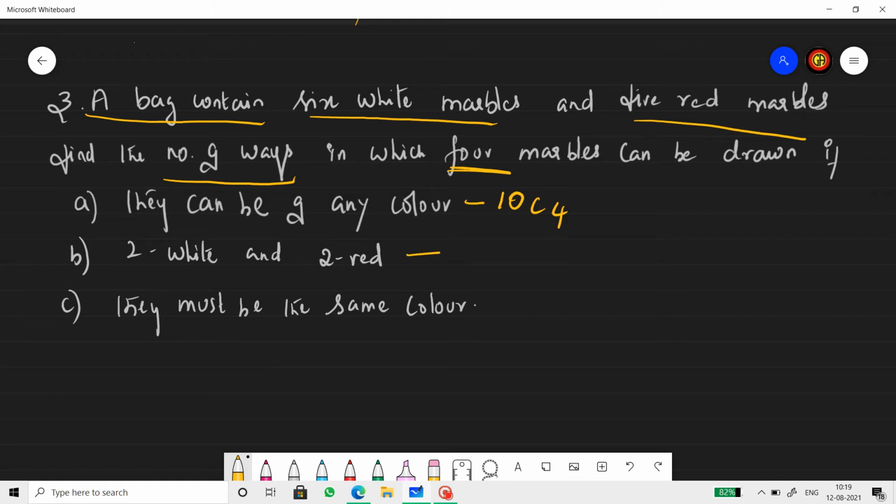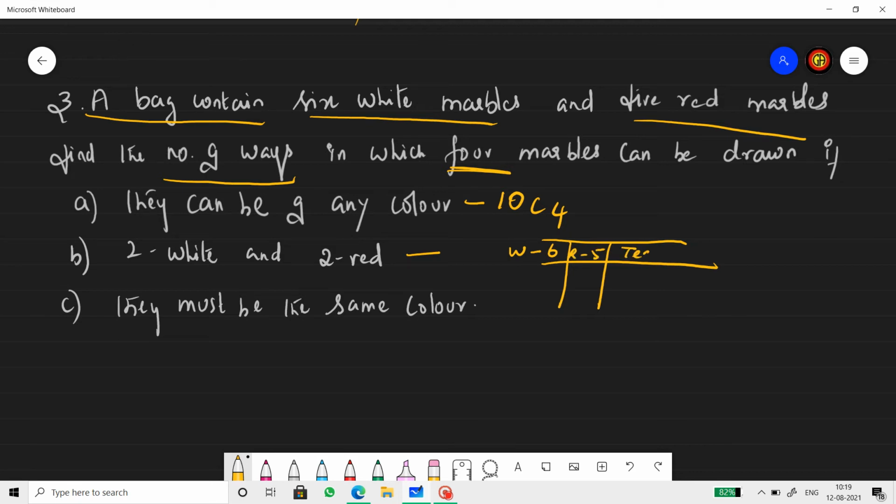Case 2, where 2 white and 2 red must be there. So we have to select 4 in which 2 are white and 2 are red. So here we have to make a tabular column. White in number is 6, red in number is 5.